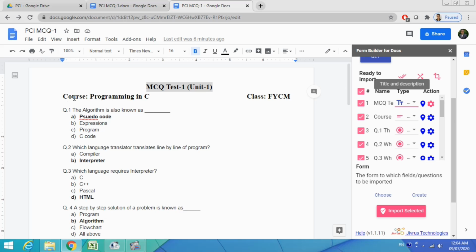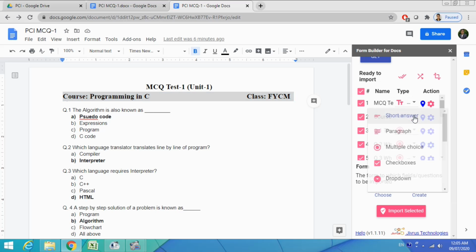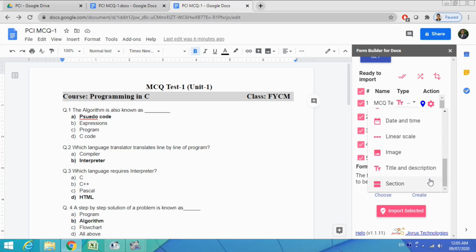Then my next line is Course Programming in C, class FYCM. This is also not part of your question and answer, so I will also make it a title. Again go here to the line number 2, click on this drop down menu, scroll down slowly and you will find the second last option, that is title and description.